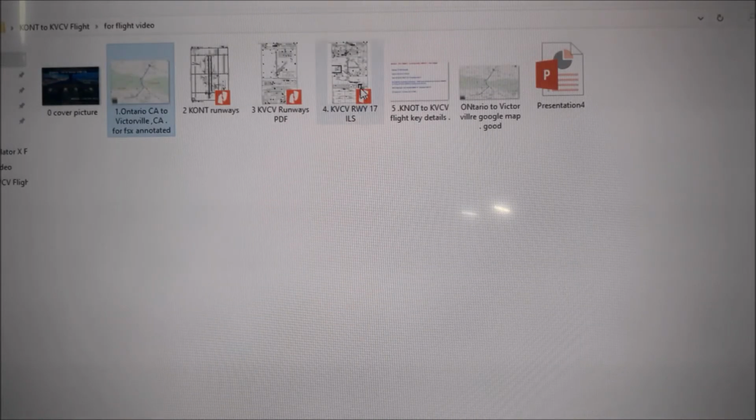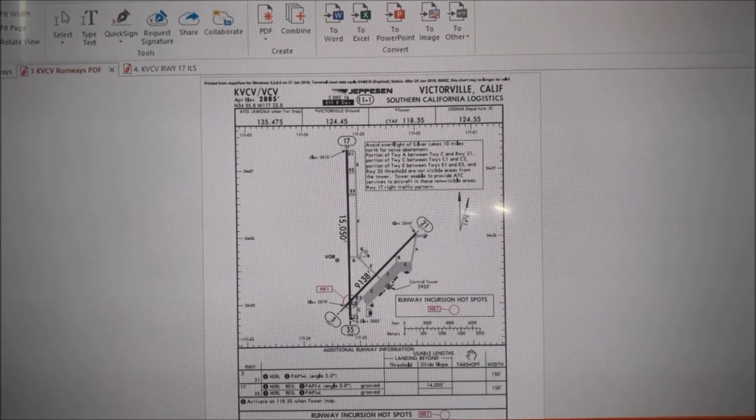Okay. Now let us look at Victorville. Now we have seen from Ontario we take off, then we go over the mountains, then this is the runway at Victorville, runway 17. So we will go here and approach and land here, because the ILS is only for runway 17.